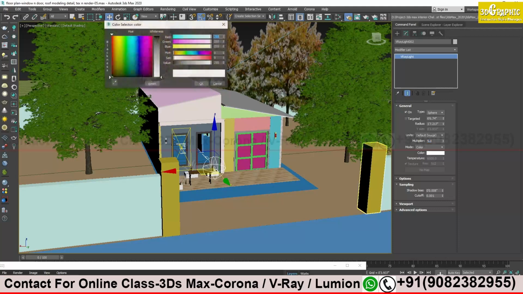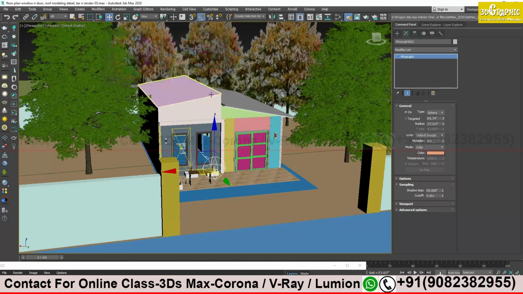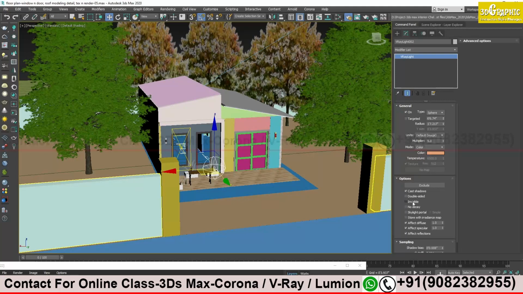And for the color value, let's give it a warm, orange kind of color. Optionally, again the same thing, you want it to be invisible, it should not be seen in the camera, and it should not be seen in reflection. Clear so far? Yes, sir.